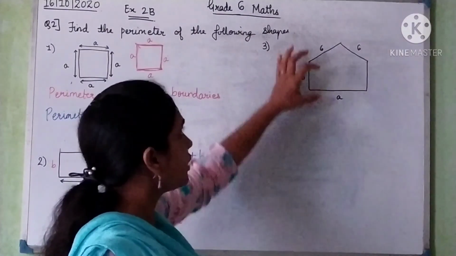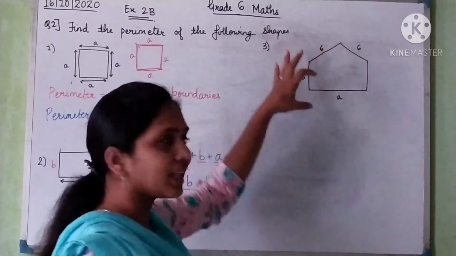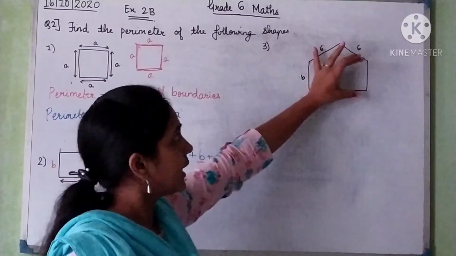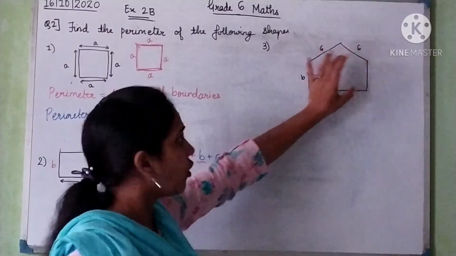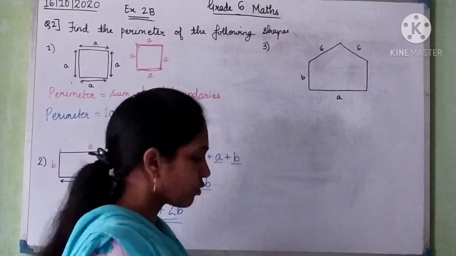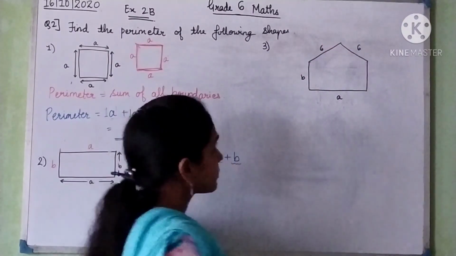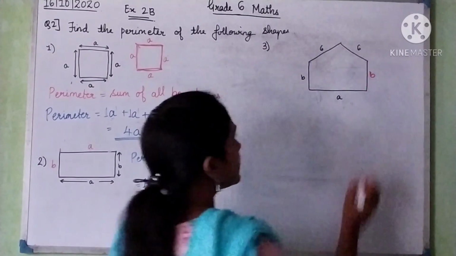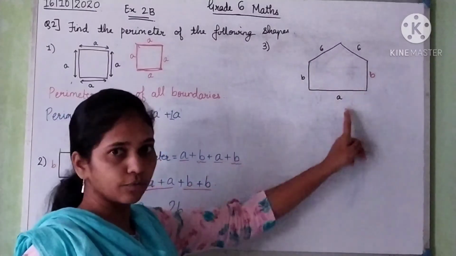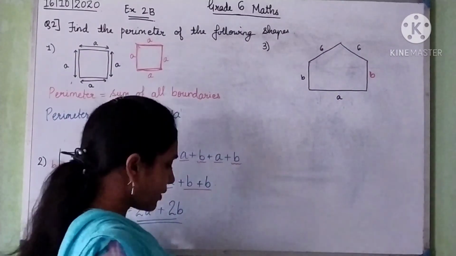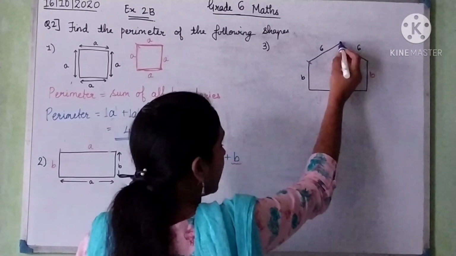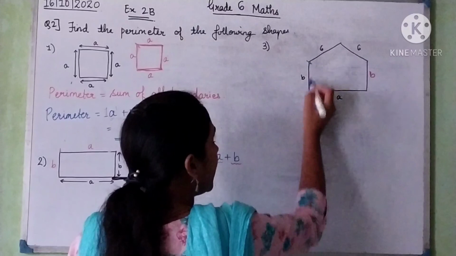So here, if we talk about this rectangle, we know that the opposite sides are equal, right? So if this much is B, then this is also the opposite side of this side, and if this is B, this is also going to be B. Okay, so this is the length of this side, it is B. Okay, so now we have to find the boundary, the perimeter of this shape. So if I start from this point, first I will go 6, then again 6, then B, then A, and then A.